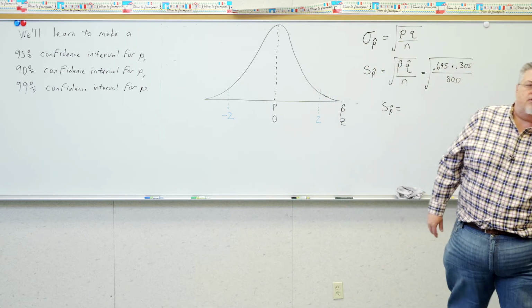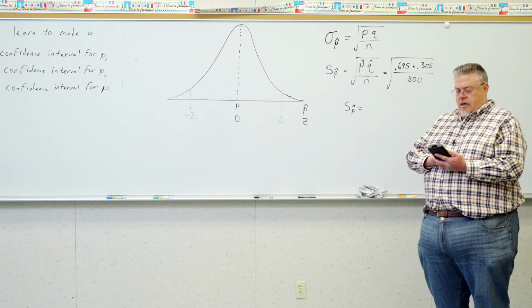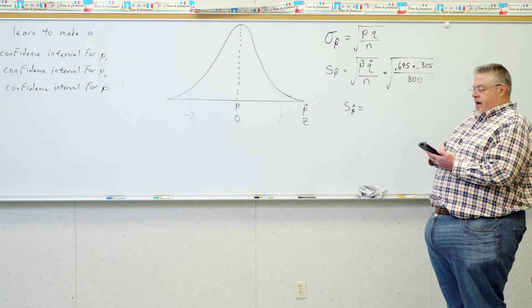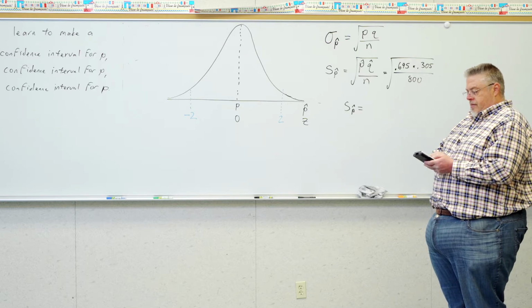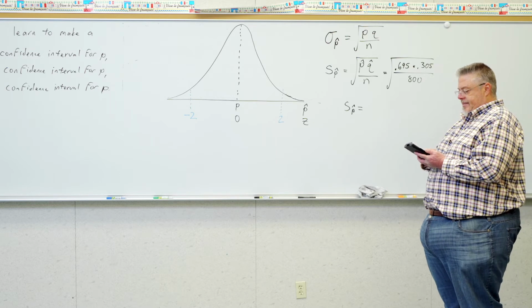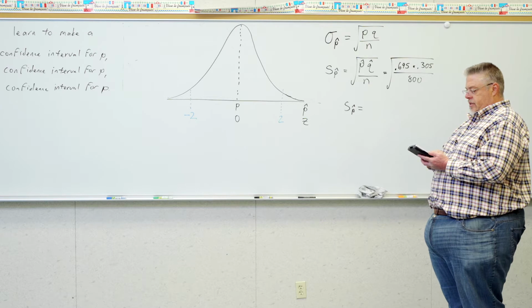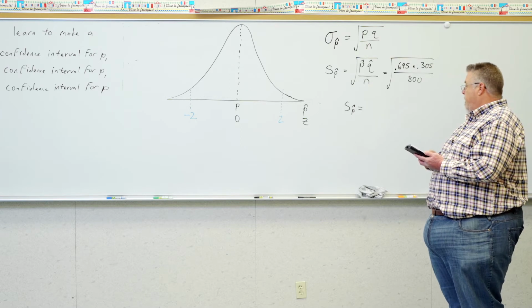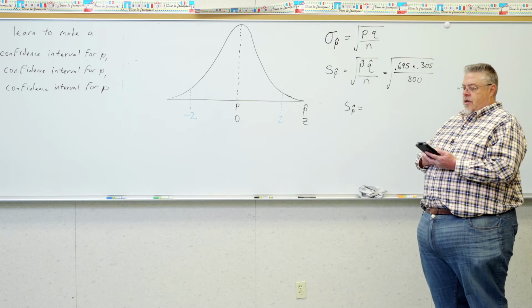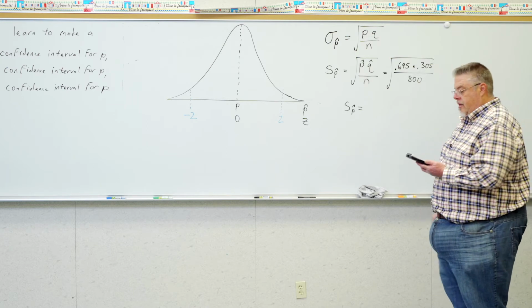I'll do the same, so hopefully I'm giving you enough time here to do this on your calculator. Pause the tape if you have to. But I got the square root of 0.695 times 0.305 divided by 800. Close the parentheses, and I am getting,